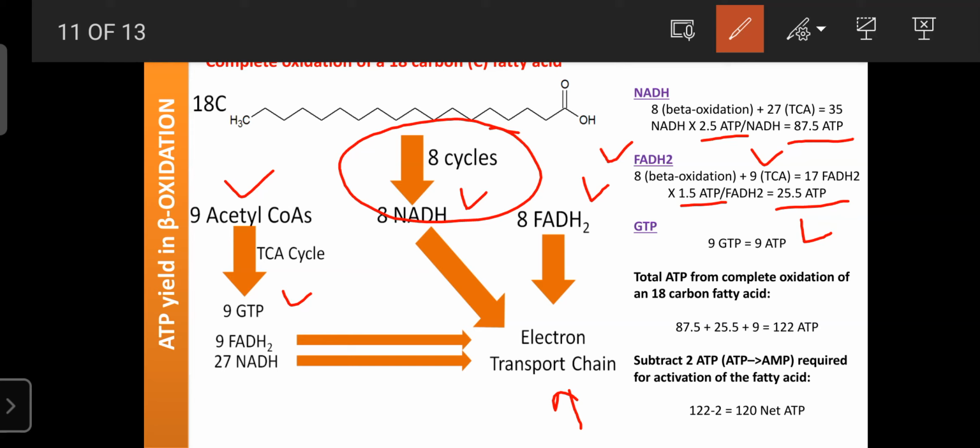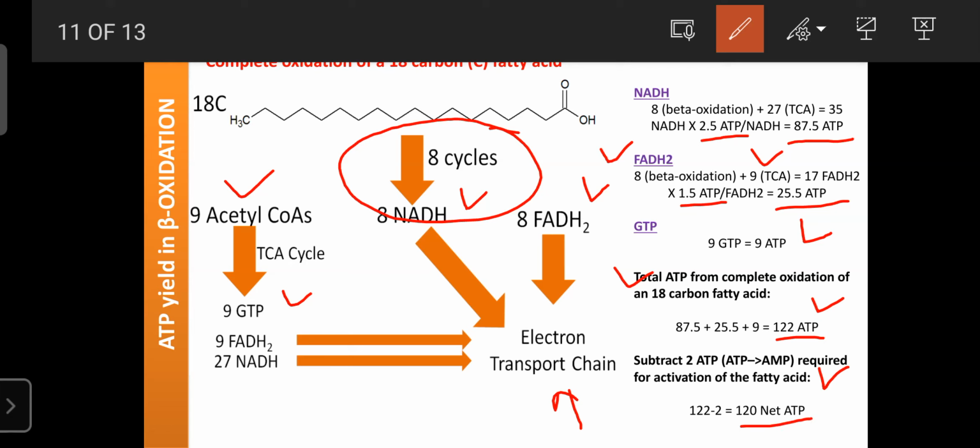So the total ATP from complete oxidation of an 18-carbon fatty acid yields 122 ATP, that is 87.5 from NADH, 25.5 ATP from FADH2, and 9 from GTP. So a total of 122 ATP is yielded when the 18-carbon fatty acid undergoes beta oxidation, and 2 ATP molecules are required during the activation of the fatty acids in the cytosol. Due to that, the final yield